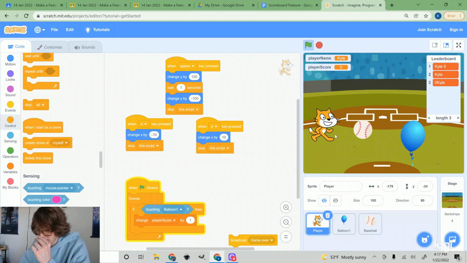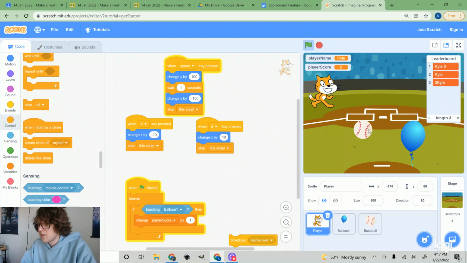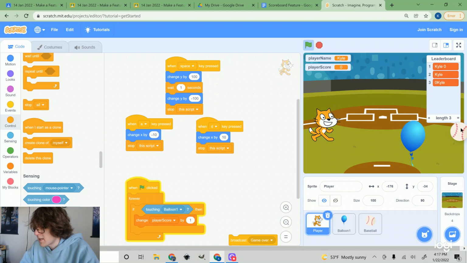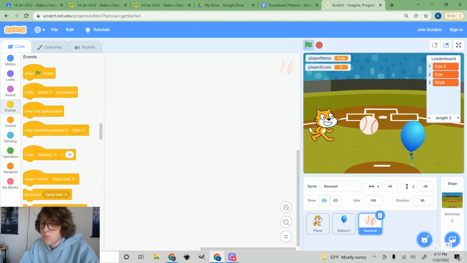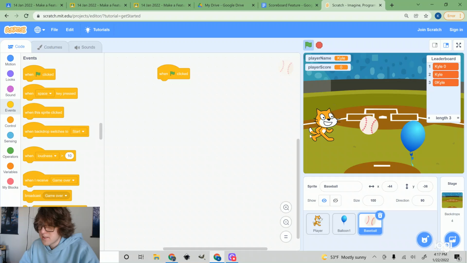And now to kind of complete this, you could be done with the feature here, but I'm also going to add the baseball coming in. So let's program some of that. So when the green flag starts, we need to have this baseball. We'll say that it starts over here maybe. And we're going to say that the baseball is going to make a clone of itself